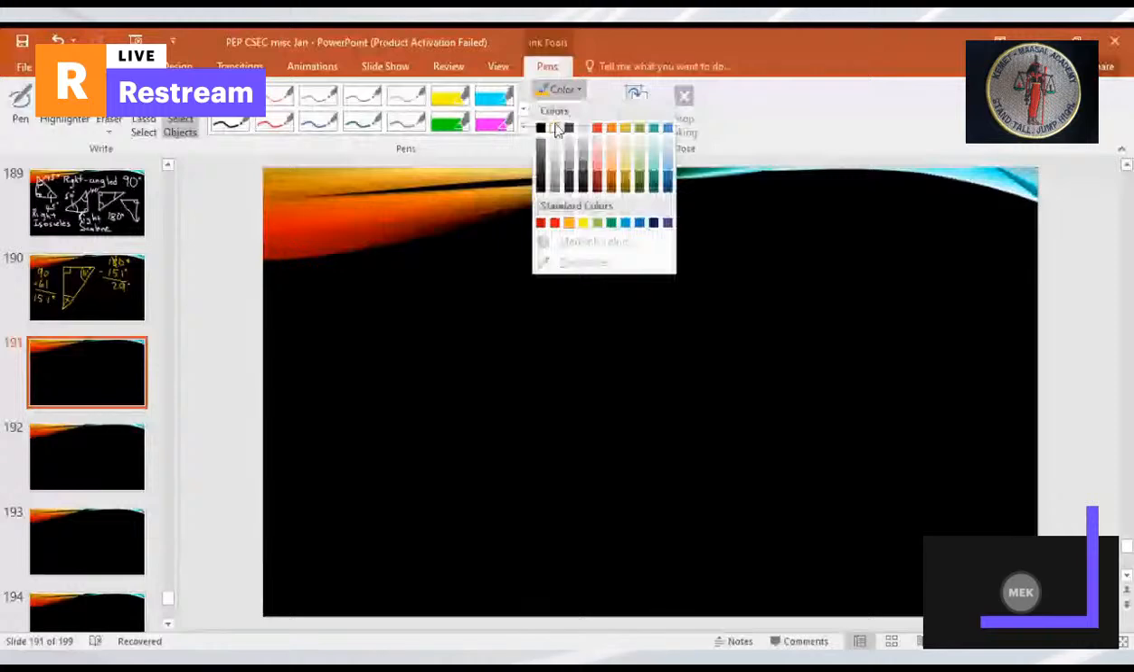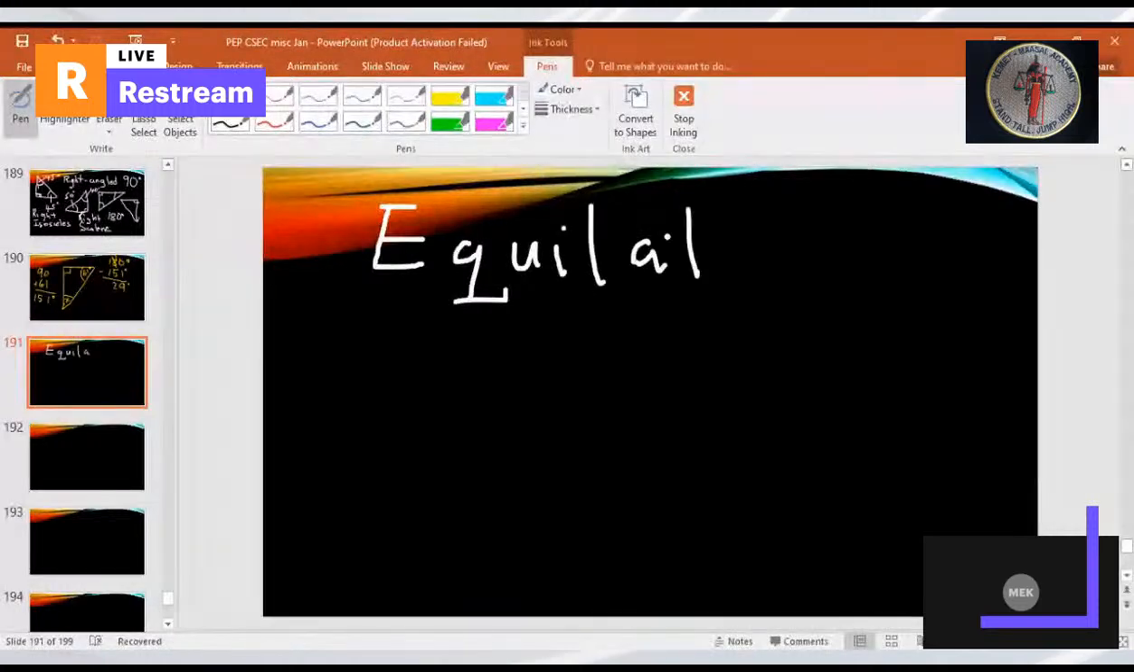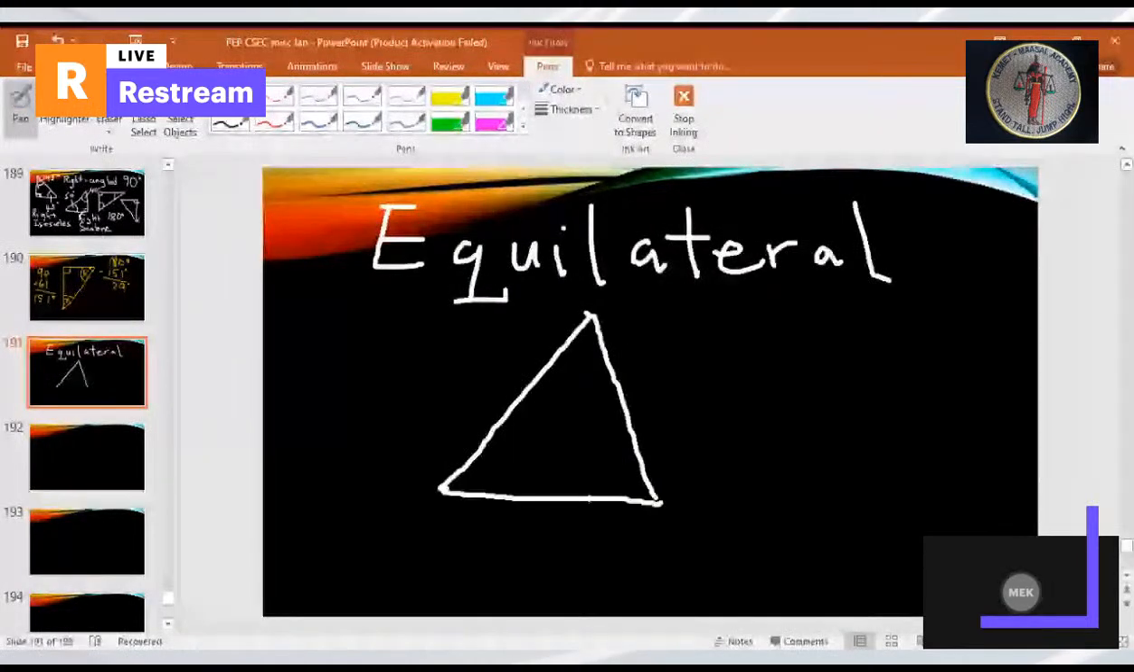Next triangle is the equilateral triangle. Equilateral. Equi means equal, lateral means side. So equilateral triangle, equal sides. And we indicate the equality of the sides by putting the same stroke across the side. So anytime you look, sides that have the same strokes